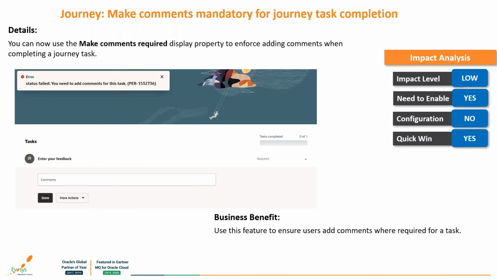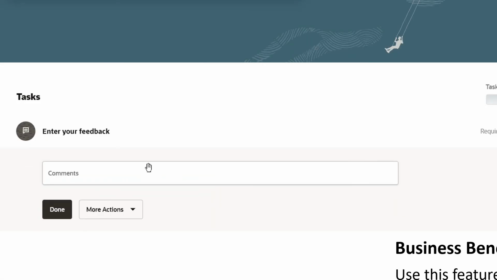Make comments mandatory for journey task completion. As we have discussed earlier, attachments are being made mandatory in the journey feature. In the same way, comments have been made mandatory in the journey feature. Say, for example, and